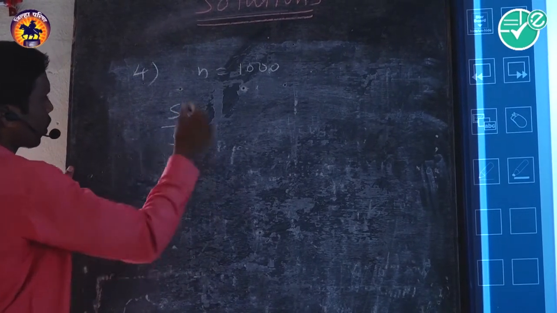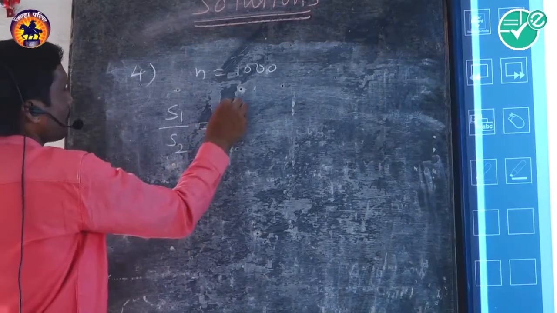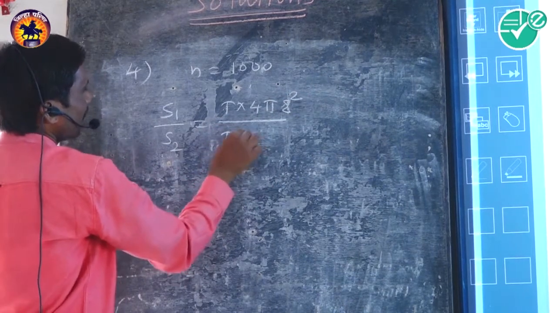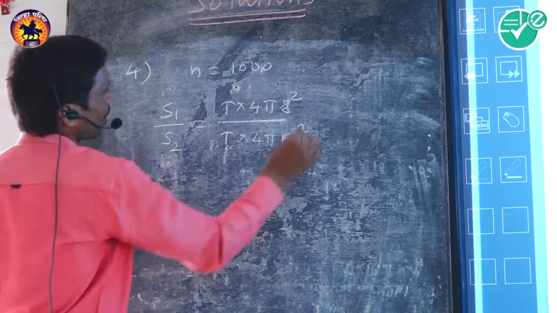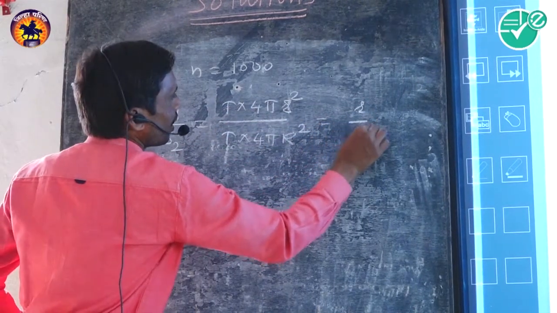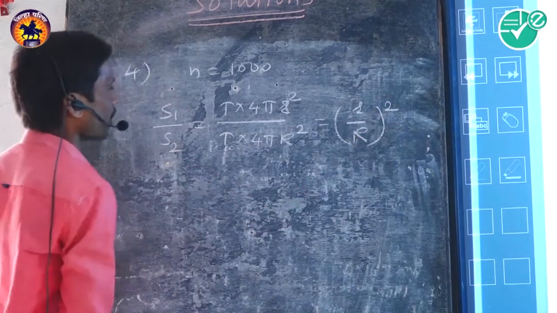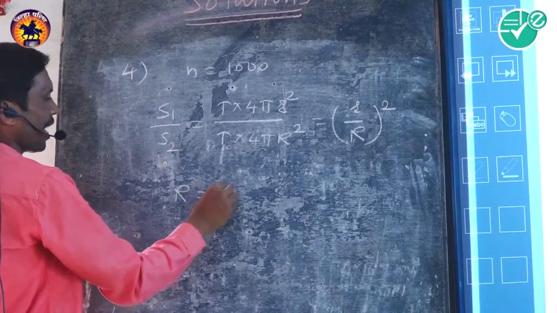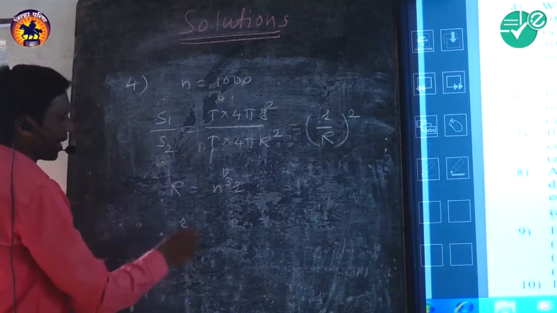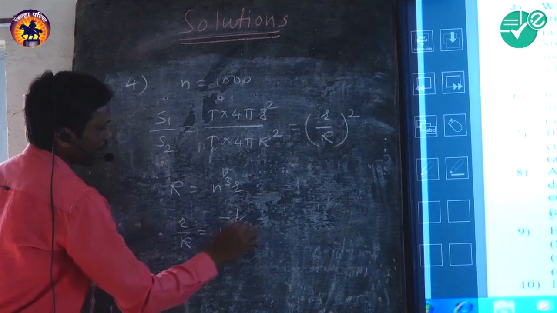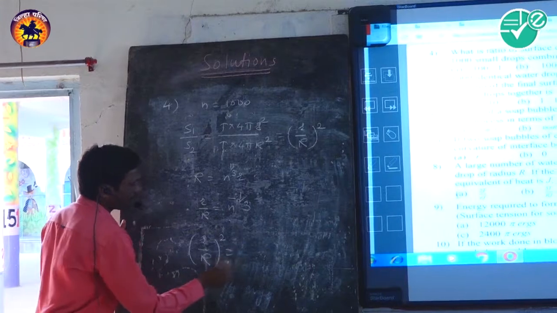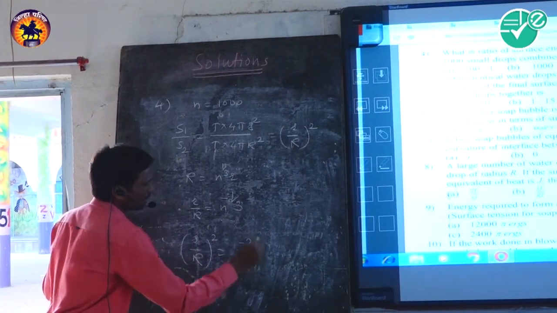and that of the large drop as S2. The ratio is equal to T into 4 pi r square divided by T into 4 pi capital R square. T gets cancelled, 4 pi also gets cancelled. We get small r divided by capital R, whole square. But you know the relation between them: capital R is equal to n raised to 1/3 into small r. So small r divided by capital R is equal to n raised to -1/3. Taking the square, r divided by R square is equal to n raised to -2/3,